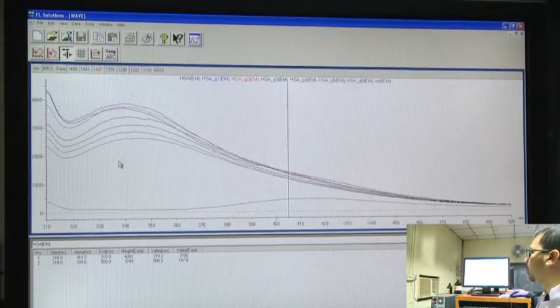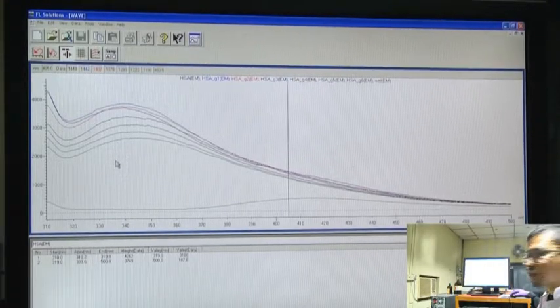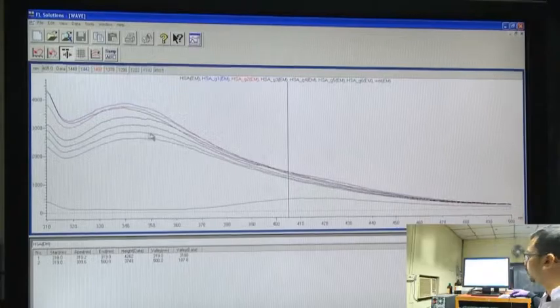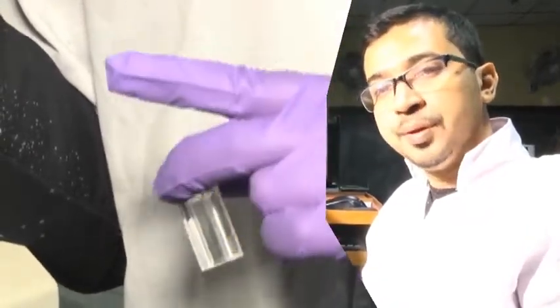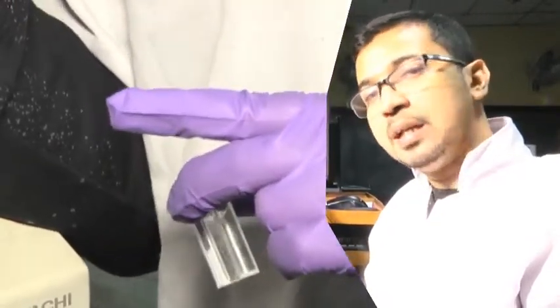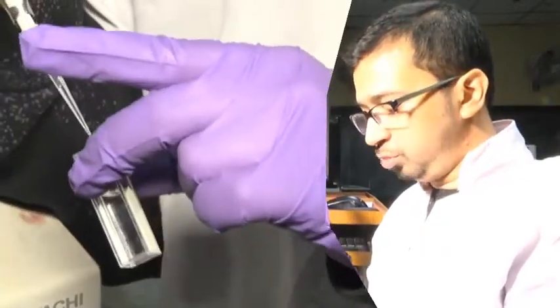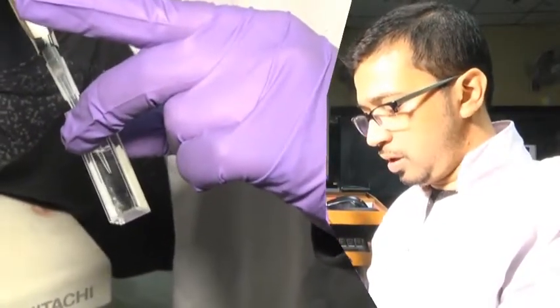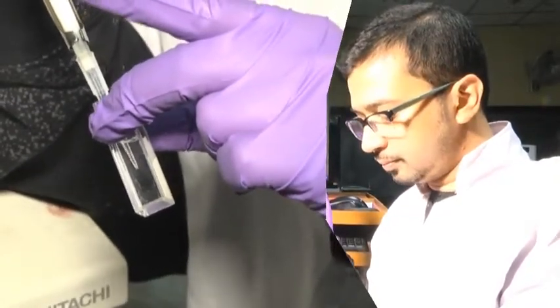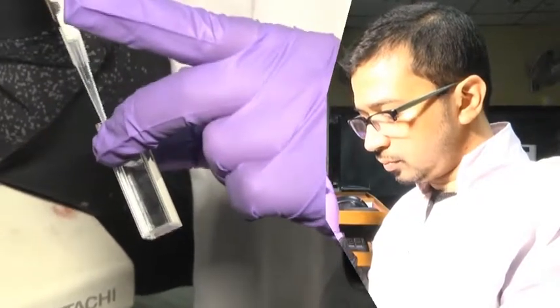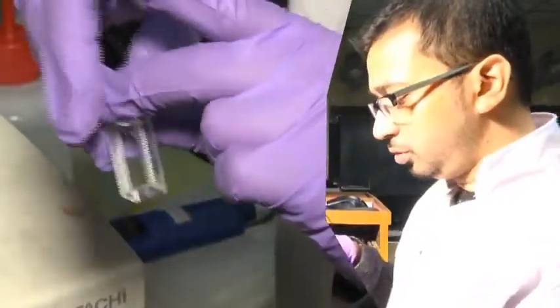Now, in double distilled water, we will add the same concentration of guanidine hydrochloride step by step. We have taken this double distilled water, and to it we will add the same volume of guanidine hydrochloride which we added previously. Remember, which we have called G1, we will add that exact volume to this one, and mix it properly. Note that no bubbles are formed here. The solution is again clean, with no visible color changes.